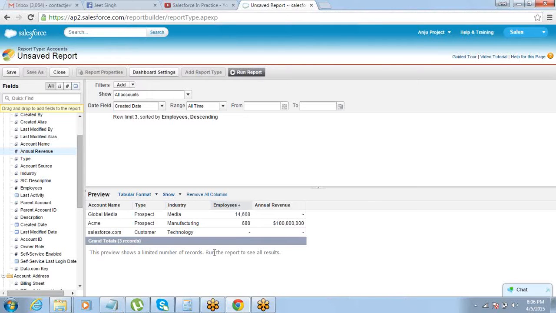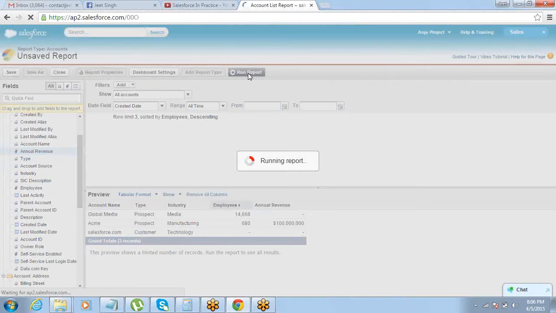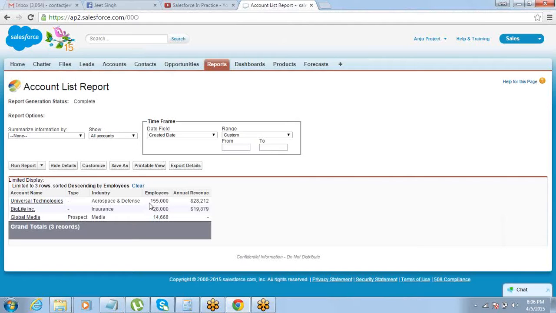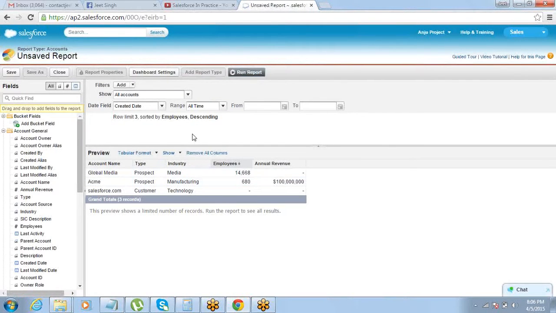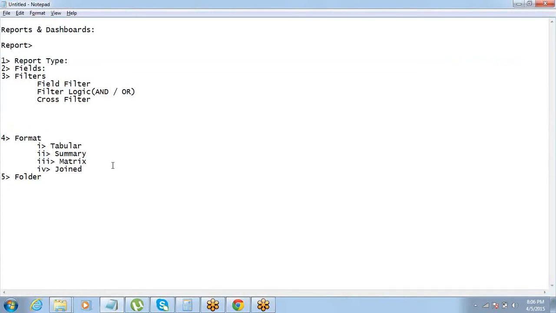As you can see, it's not showing the correct report right now. If you want to see the exact report, you have to click on run report. Now you see these are the top 3 accounts with maximum employees. Go back to customize, it will take you to the same screen. So row limit is also done.